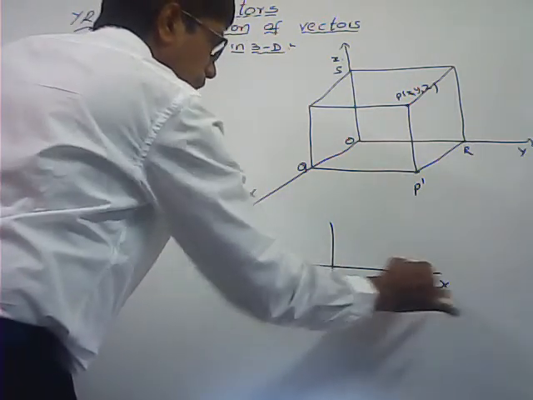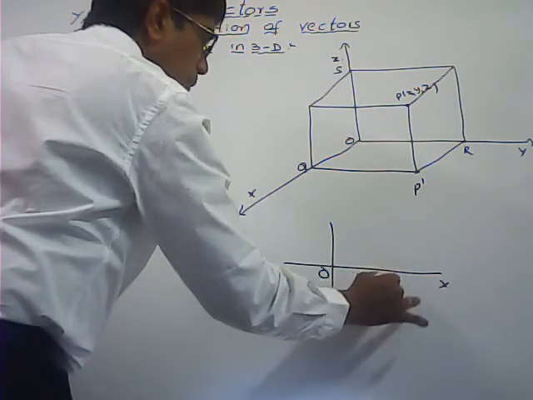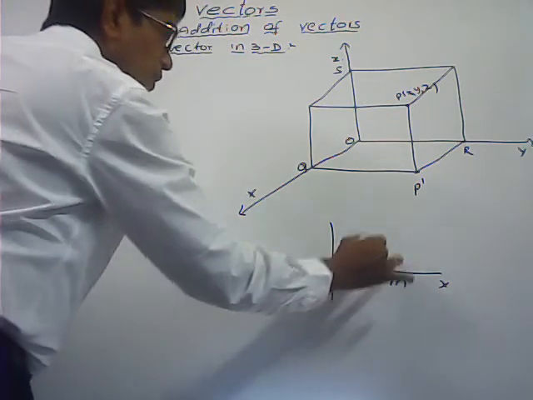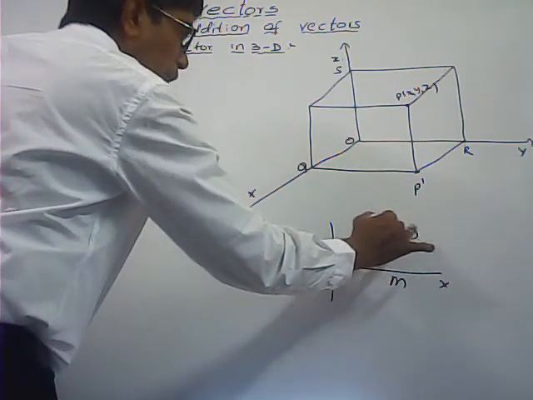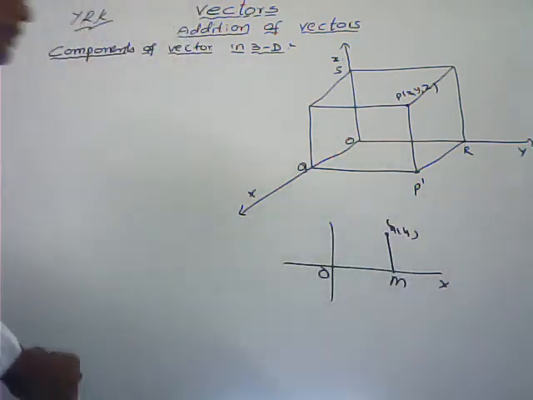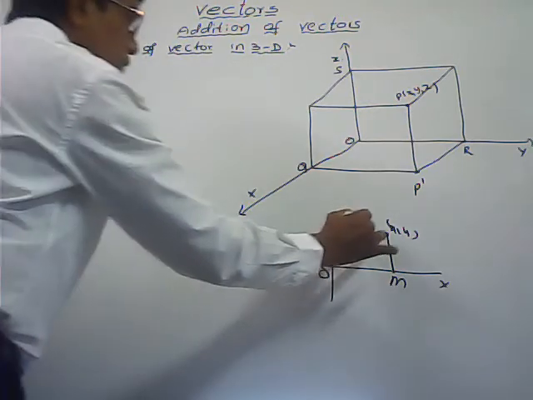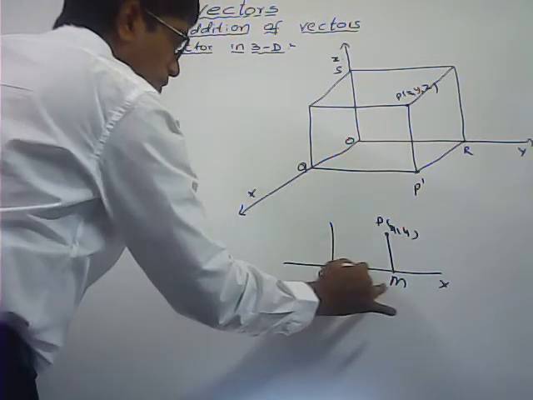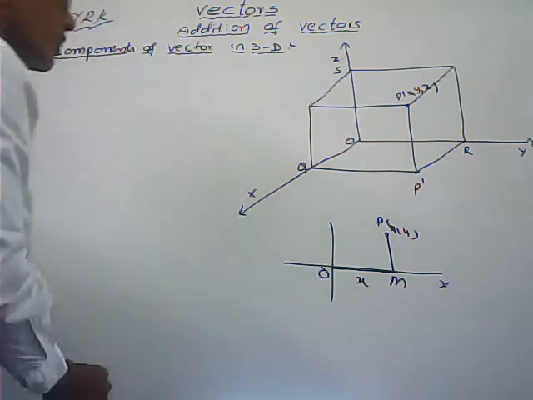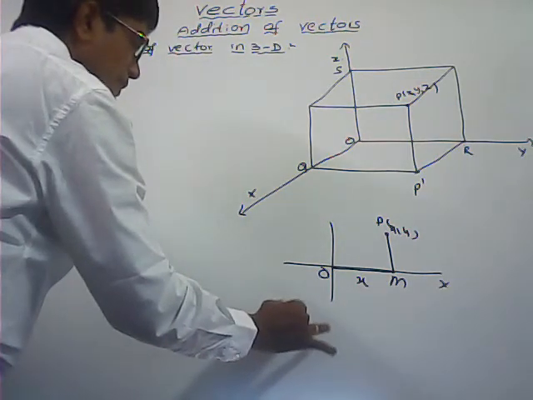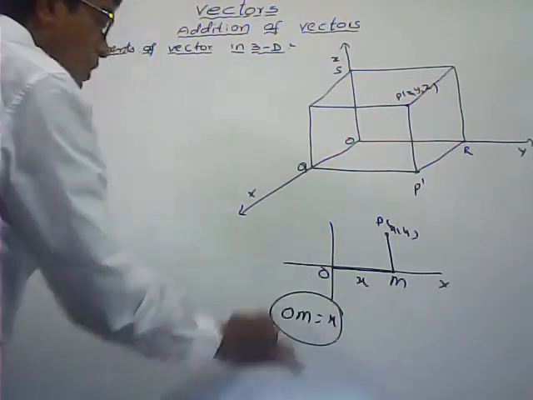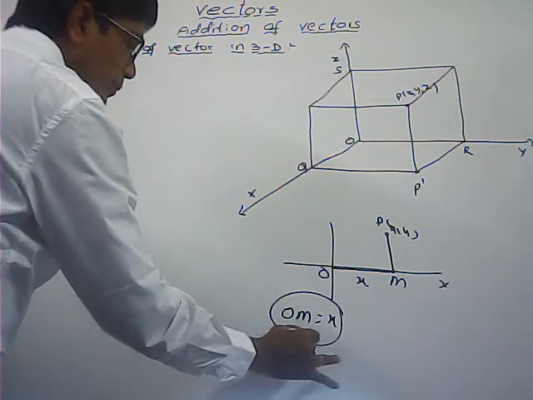Here, this is the x-axis. Here M is one of the points. Here I have taken the point (x, y). M is the foot of the perpendicular from that point to the x-axis. Its length is equal to x1. Here OM is equal to x. How to write that vector OM bar?